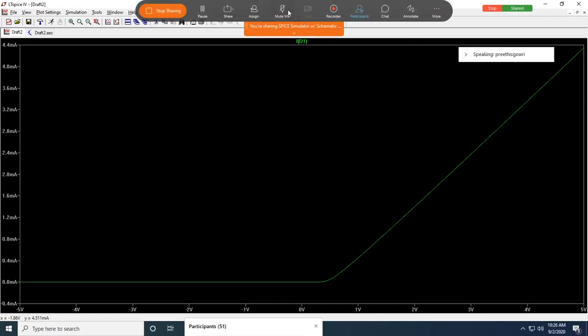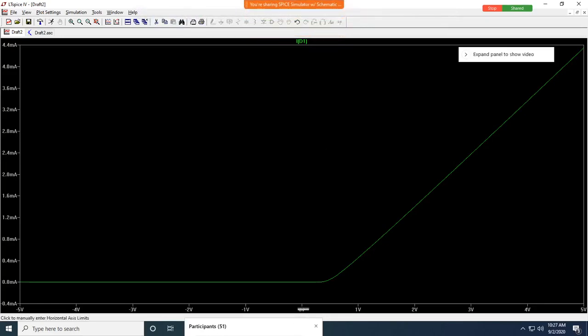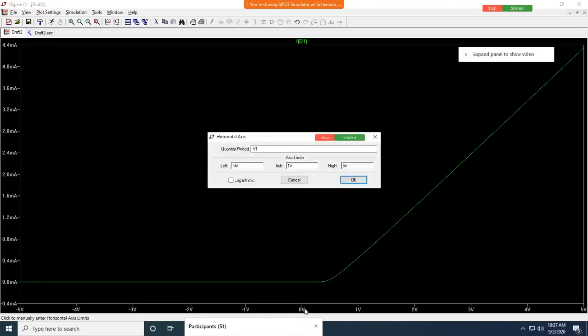Of course, others can also speak out if you know what step is missing. So the V should be changed. The x-axis value should be changed to what? To the diode voltage. The x-axis should not be the supply voltage, it should be the voltage across the diode. So that is very important for this particular experiment. Now you change this to V of V0.